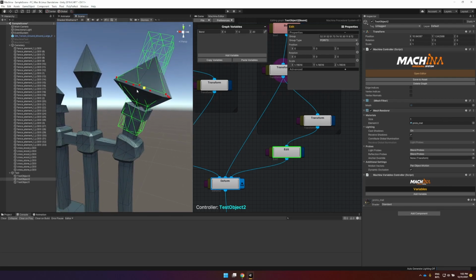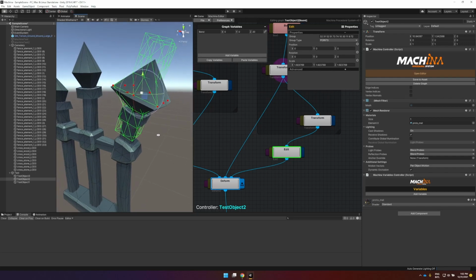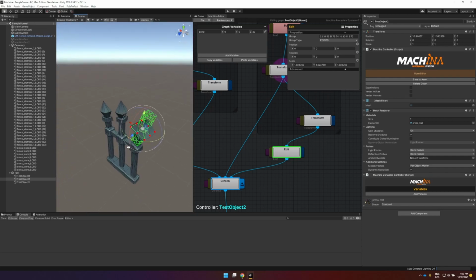I want to show you that a deformer is not just for rotating objects. You can basically deform the object in any way you want to,